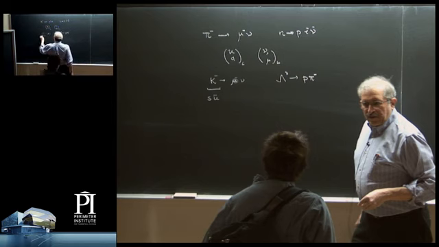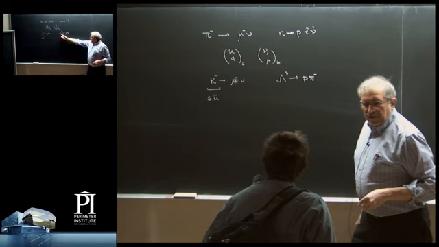The K minus has in it a strange quark and an anti-up quark. And what has to happen for this process to occur is that the strange quark has to annihilate the anti-up quark and turn into a purely leptonic final state. Similarly here, the strange quark has to turn into an up quark to make the proton and give off a pi zero.